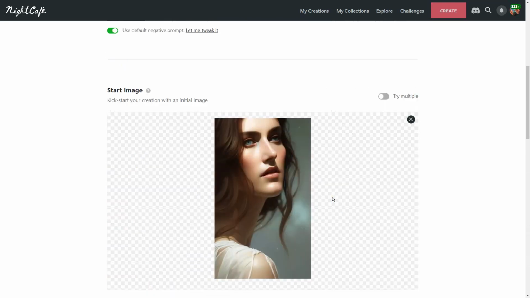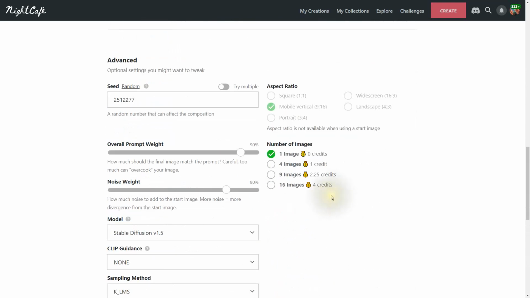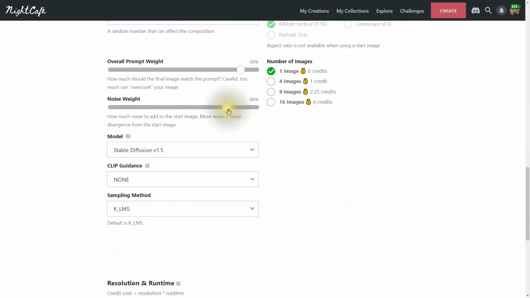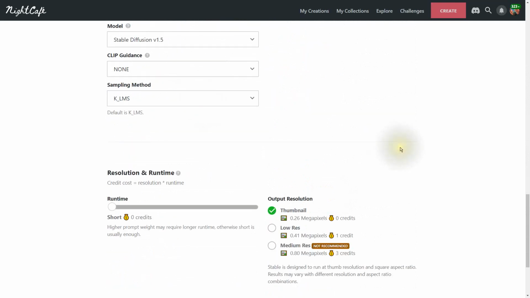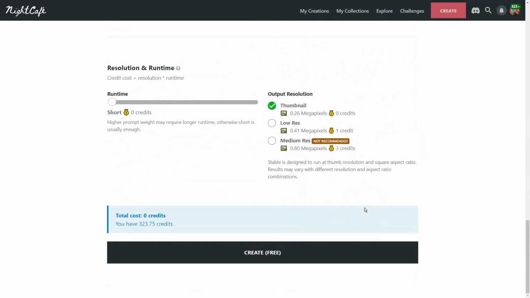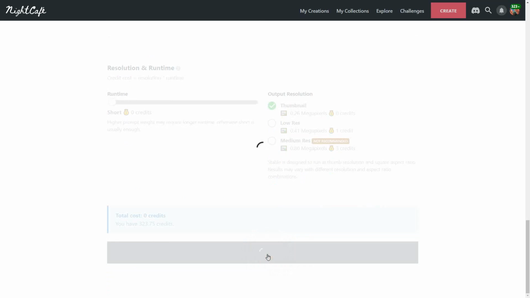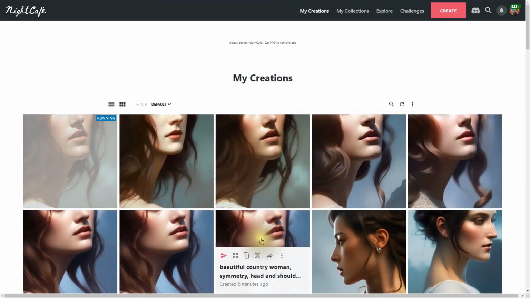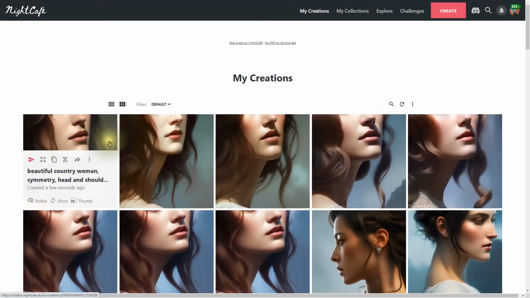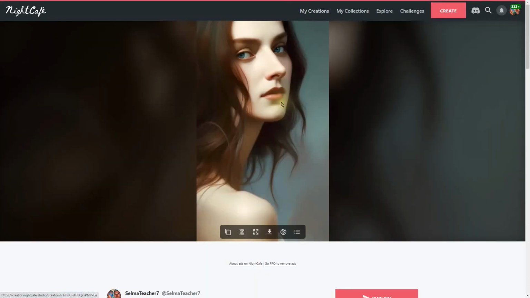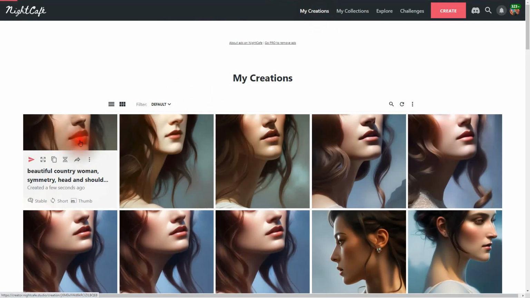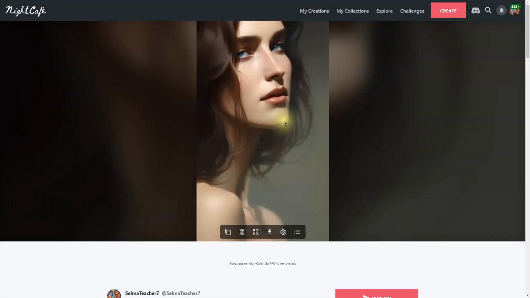So I've done more than 2, 3 changes or so. Let's just see what happens. Okay, very subtle differences. Here's the original. Here's with the modifications.